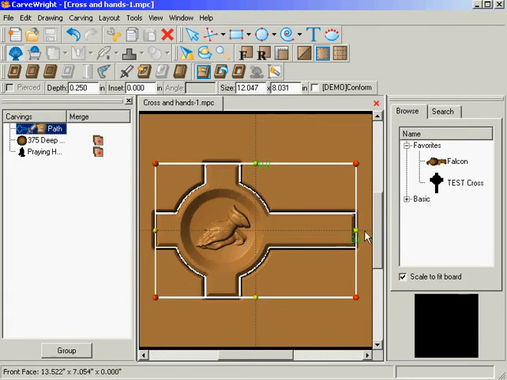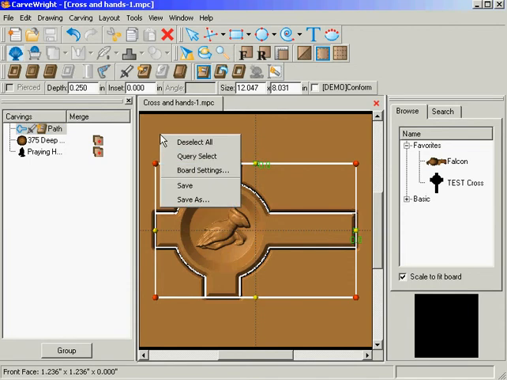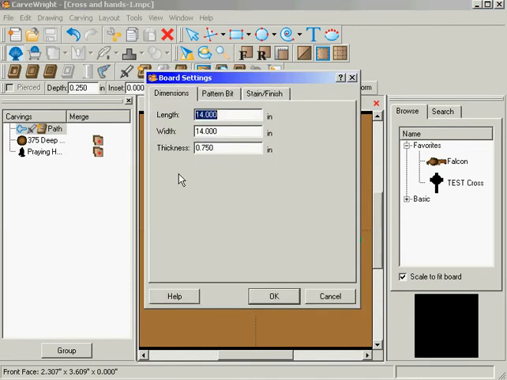And it's pretty well centered on the board. So if I change the board size to a 10 inch on the width,